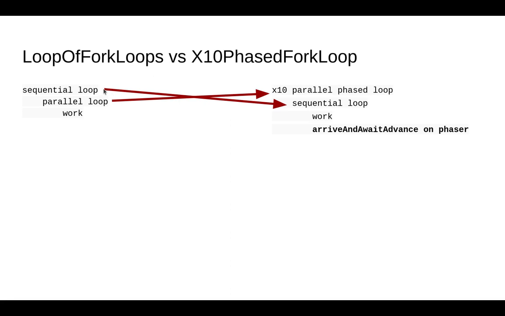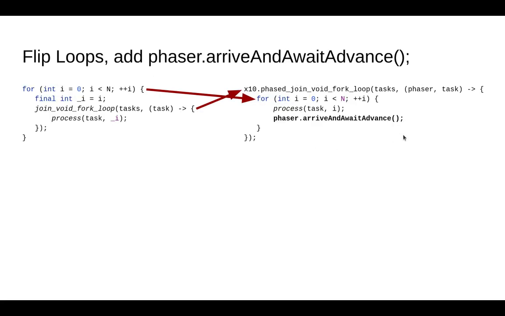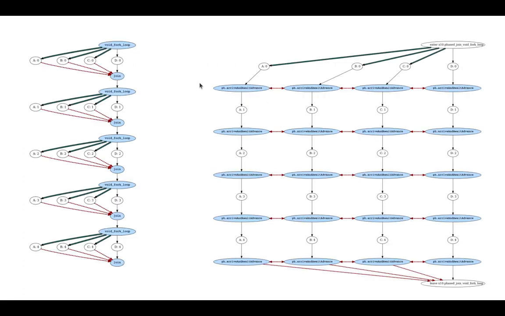So again, somewhat counterintuitively, you can flip these two loops inside out, and within that sequential for loop, you can say arrive and await advance. How the code actually looks, not in a pseudocode way, is sort of the same thing. It doesn't look much different, right? I'm going to flip them inside out, use one of these phased join void fork loops, and just call this arrive and await advance, which will have me doing the same work. Everything can run in parallel with each other, just like before. I just have less overhead in this whole launching tasks, joining them, throwing them away, launching tasks, joining them, throwing them away. And so